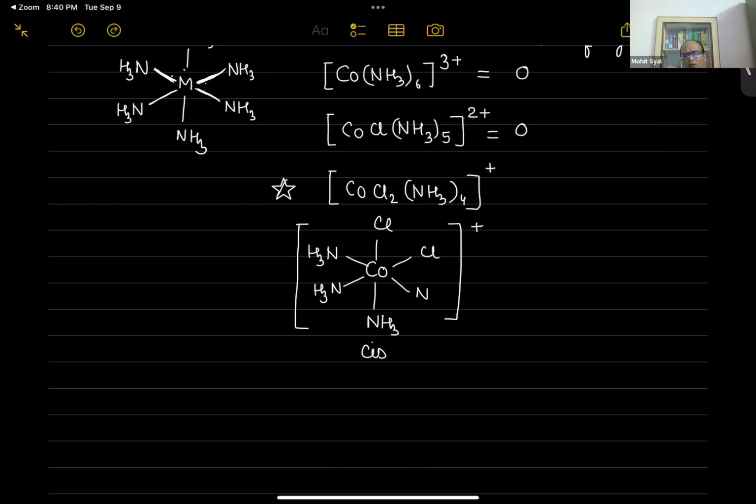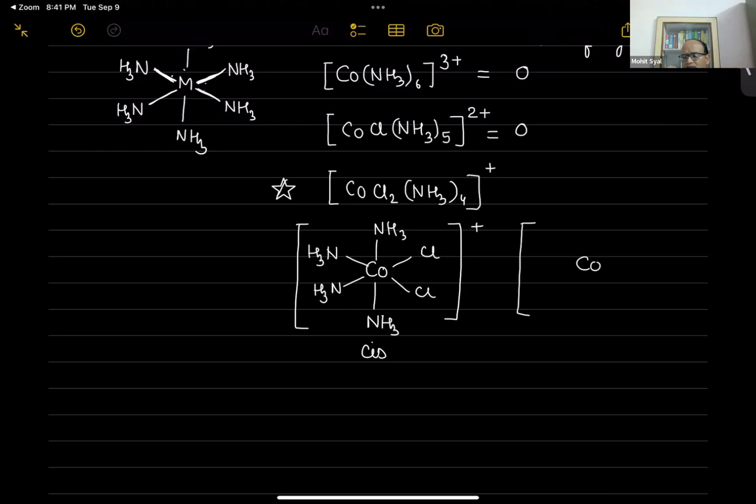The one which I wrote earlier was more easily recognizable, because you can clearly see the two Cl written side by side and they are cis. But if one Cl is up and another in the horizontal plane, check the angle. If that angle is 90 degrees, it is cis. And